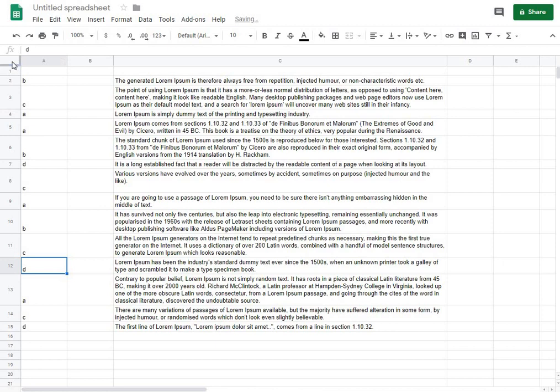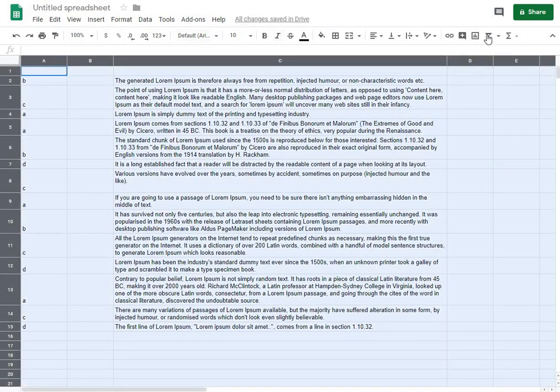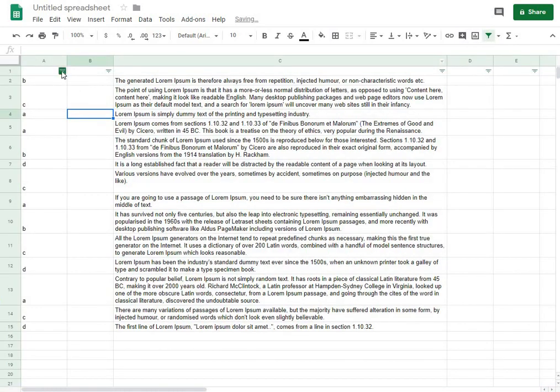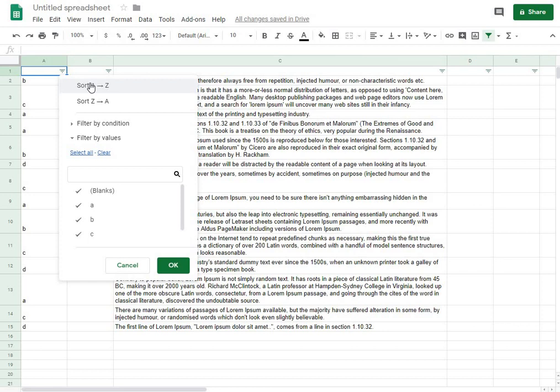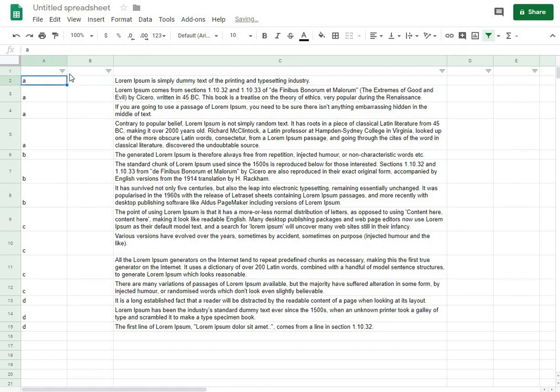Okay, so now what you do is you would select the whole page, and you would go over here to create filter, which then puts these little triangles on it. Then select on it and do A to Z. And so now you start to see what your first paragraph, your second paragraph, your third paragraph in rough draft would look like. And so now what you do is in the second column, column B, if you want to, you can just